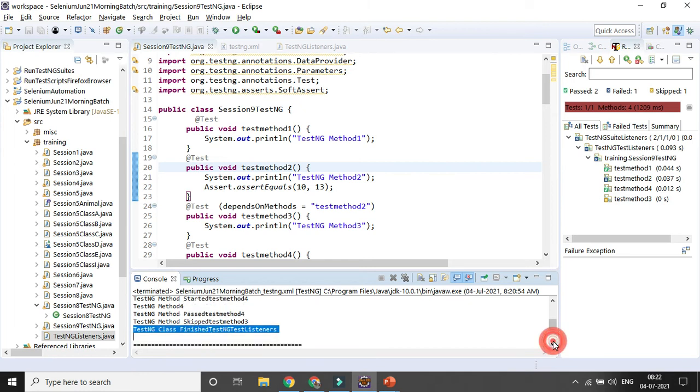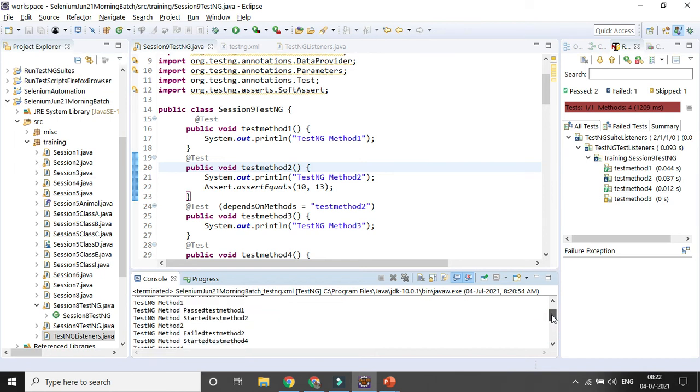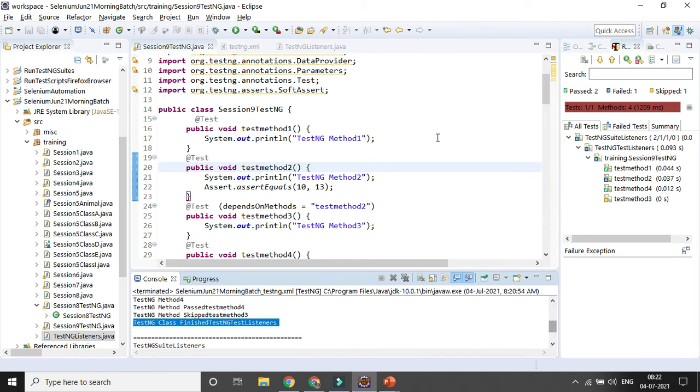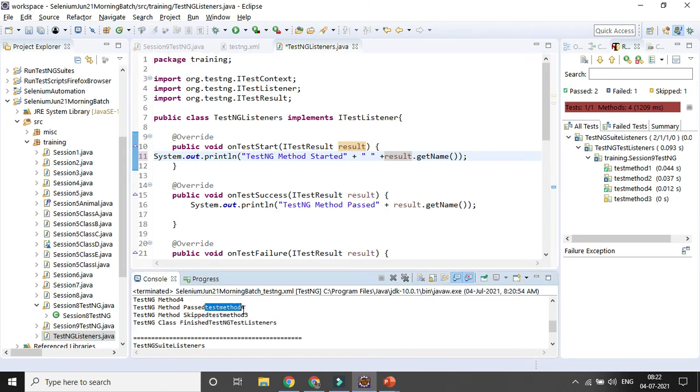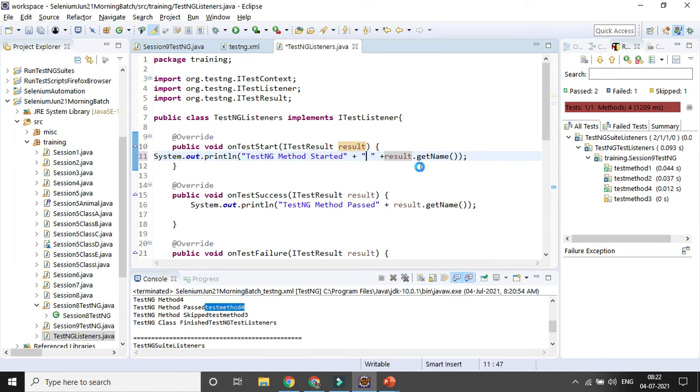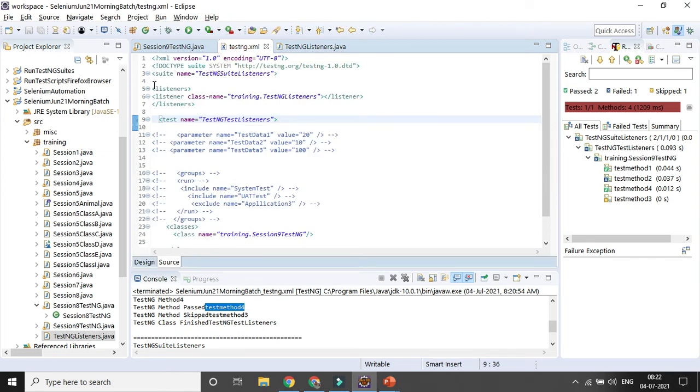So if you want to add a listener, you can get these details. Definitely this is a simple example, but in the framework I will try to give more examples so you can get more details also. If you want to give some differentiation, you can add some differentiation here. You can concatenate it, so you can get some method name, some differentiation. I will be giving some space here, so you can get some space. So that's how you can update your listener class. That is the one way I can give it, in my TestNG XML file.